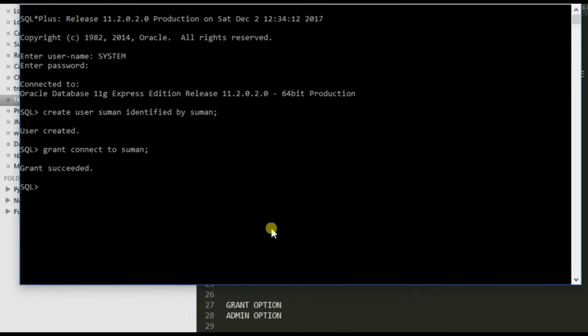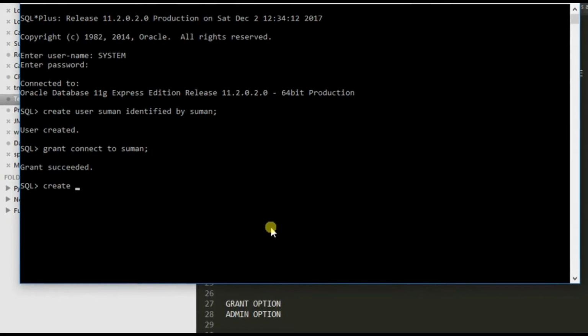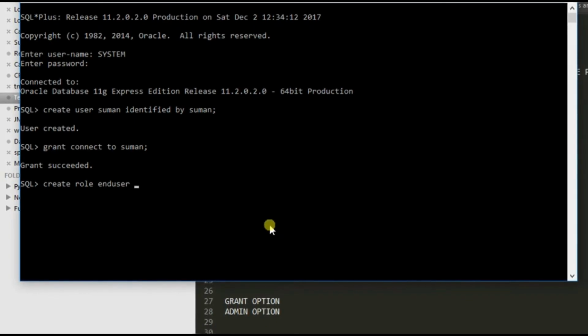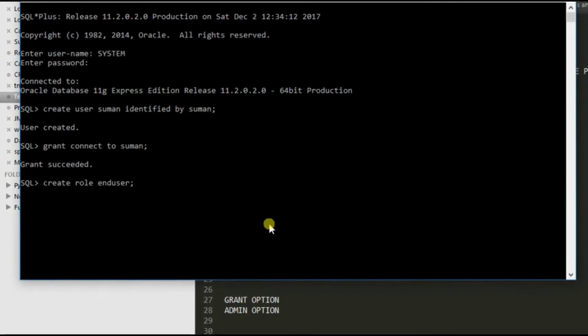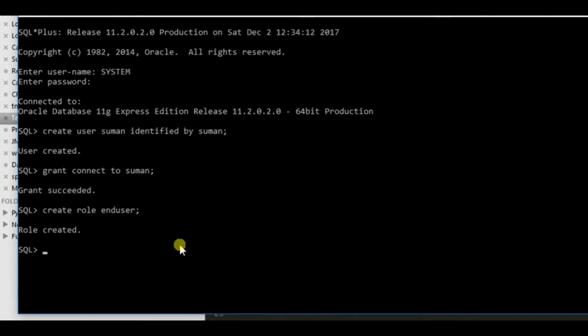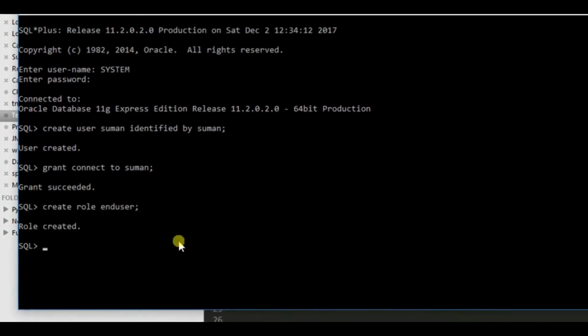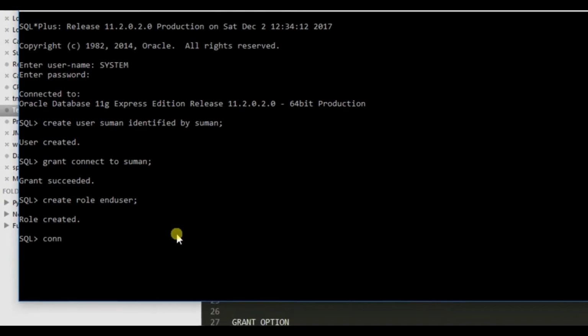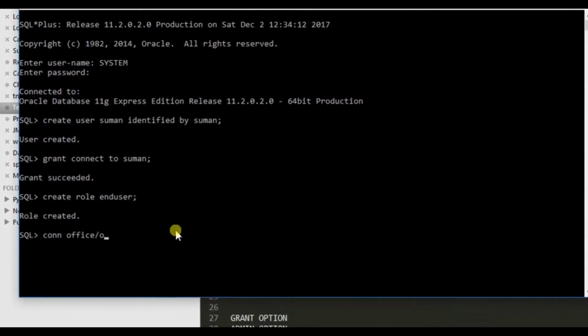Okay. Now we create a role, say end user. So the DBA has created the user. Now what will happen? The DBA will go to the schema owner. Okay, the schema owner is office,